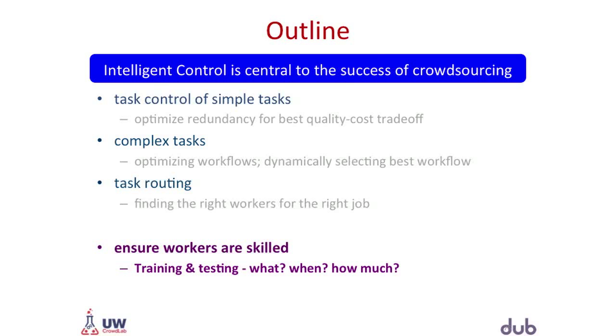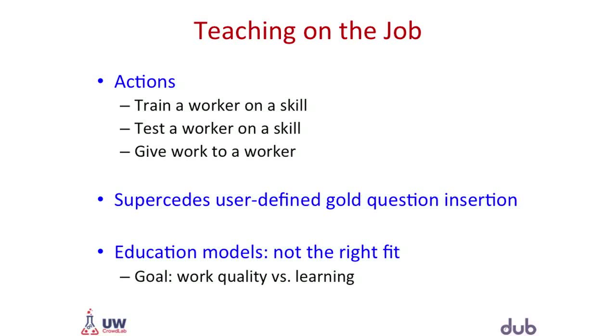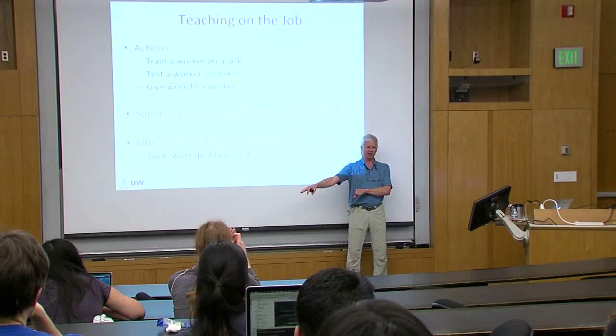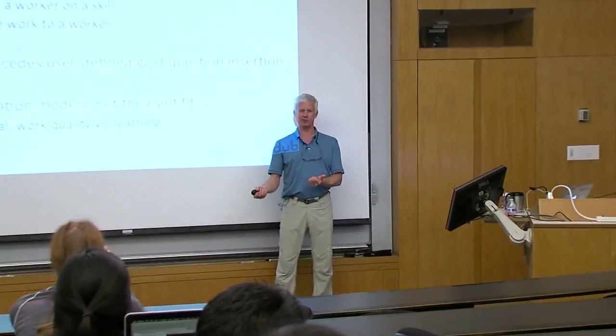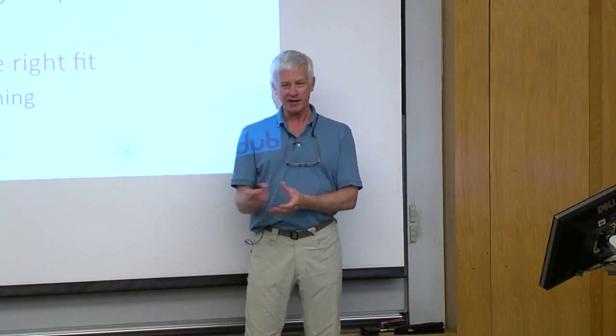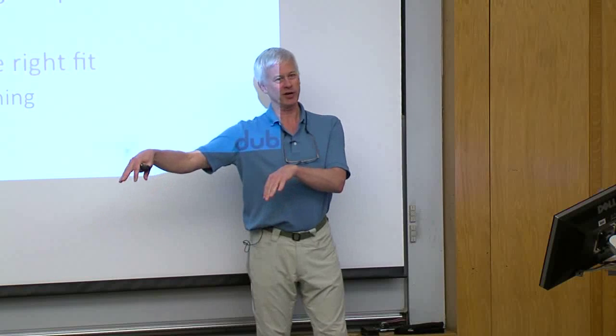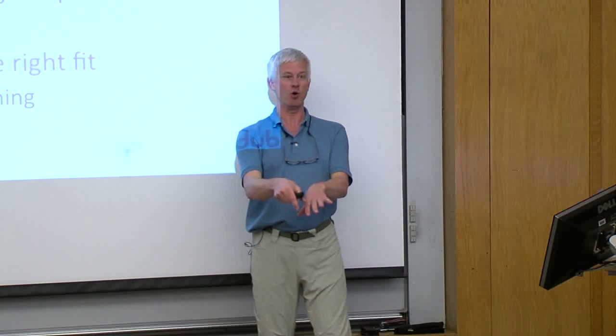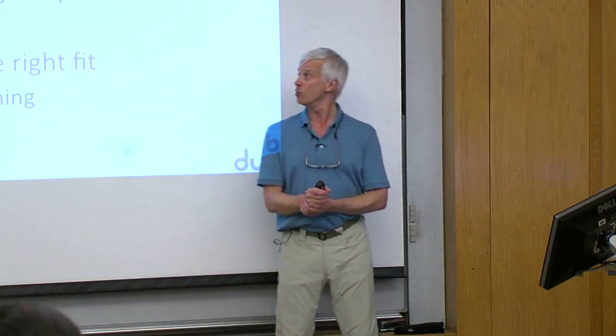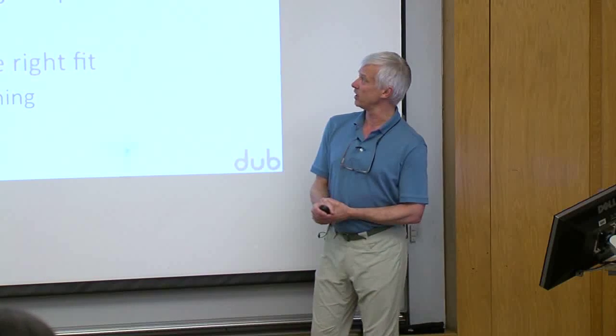So one interesting question is, can we use a POMDP to figure out whether or not the workers are skilled? There is an interesting control problem, and that is at any point in time, you've got a worker in front of you, you could give them a little bit of training, or you could give them a test to try to find out how good they are, or you could actually ask them to do some work where you don't know what the answer is. And given that the worker is going to be staying around for a period of time and then quitting, it's not at all clear what the optimal policy is, right? You could train them a whole lot and then they quit. That's no good. So you need to figure out how to balance those three actions.